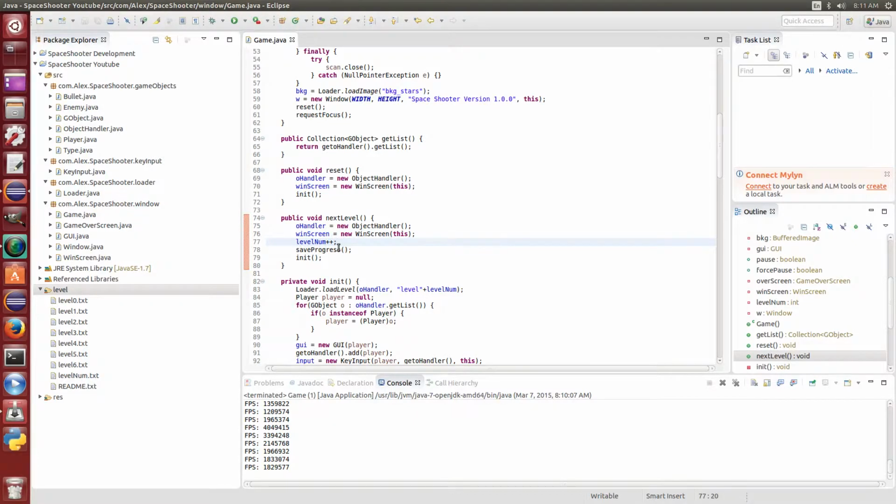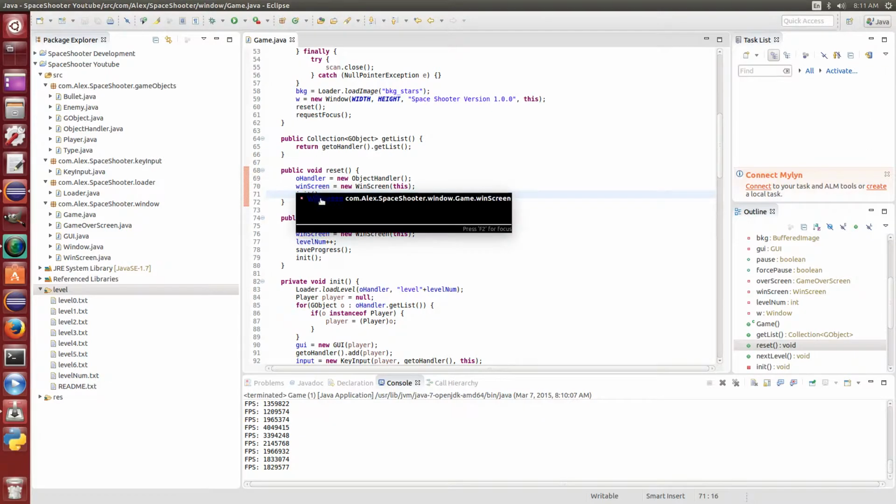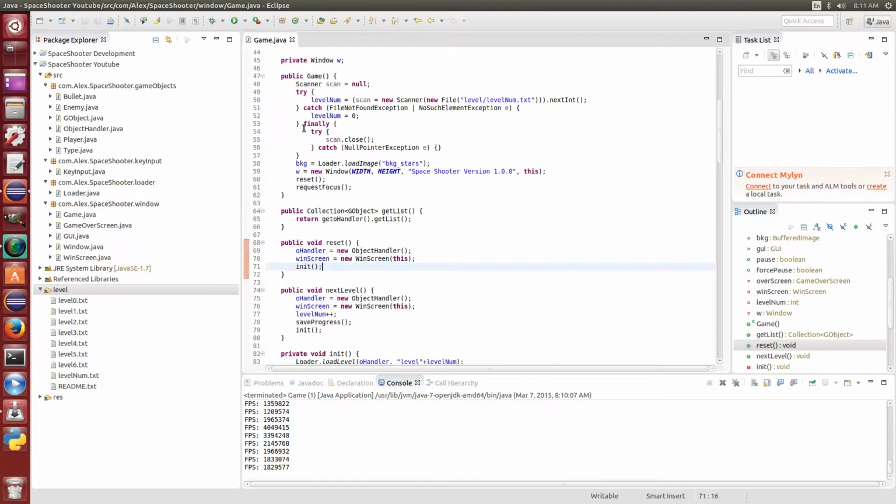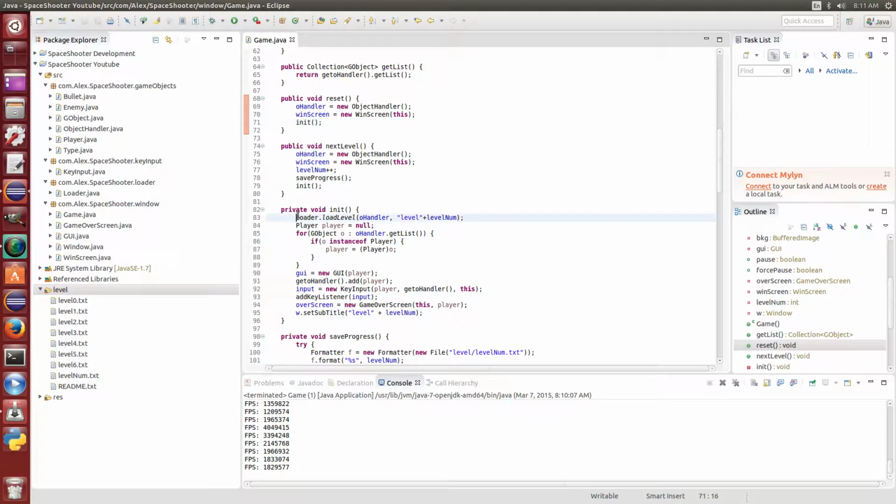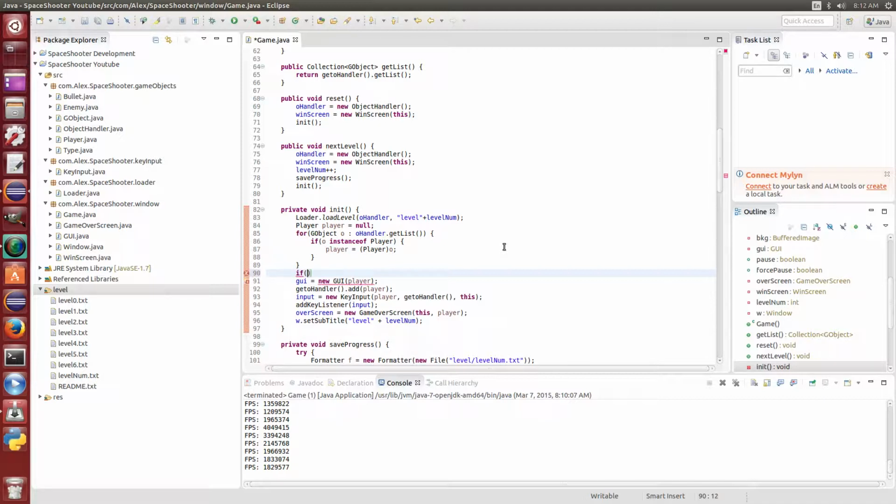The level num increments, and then we initialize it, which is loading a new level. Player equals null, and we check whether a player exists here. And I guess I should put something here too. If player equals null,